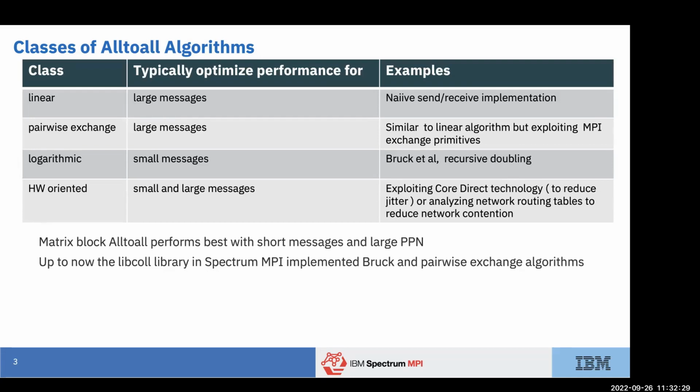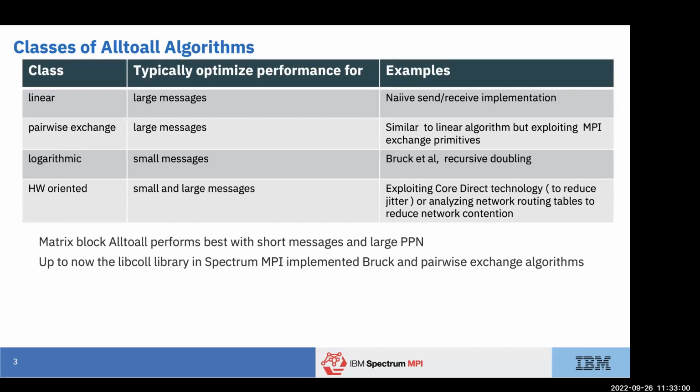Logarithmic, like BRAC or recursive doubling, are designed for small messages. And hardware-oriented algorithms could be designed for small and large messages. For instance, we can mention exploiting the core direct technology in InfiniBand to reduce jitter, or analyzing or optimizing network routing tables to reduce